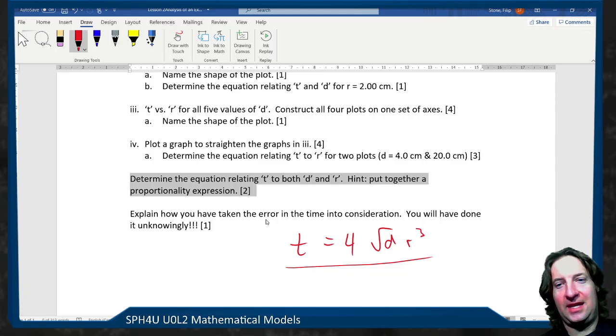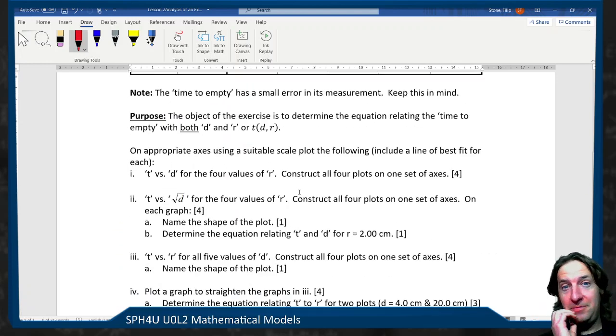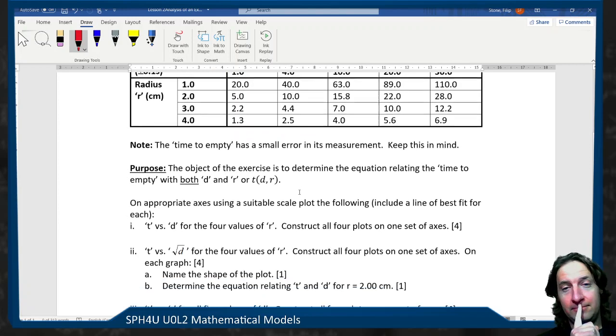All right, and the last thing you're going to do is you're going to explain where errors come from. There's an error, something we're doing to deal with error in this. Okay, and we've done it without even thinking about it. I want you to think about where that came from. Okay, so it's a pretty complicated assignment. It's due on Friday, and